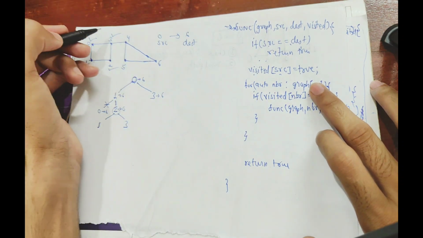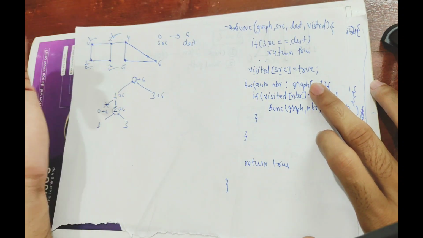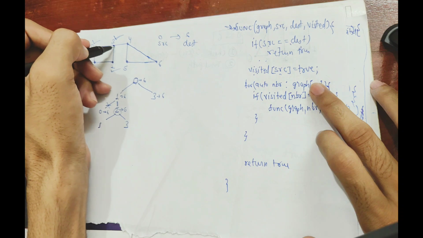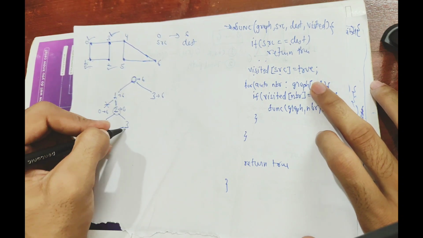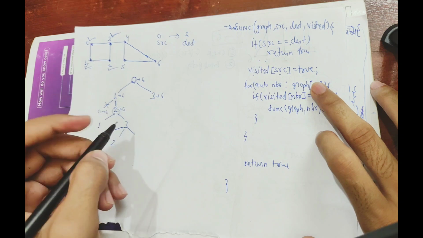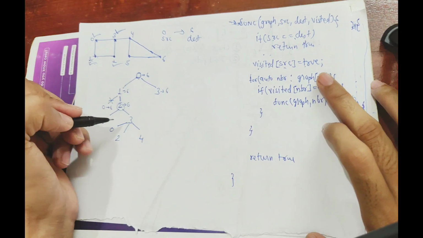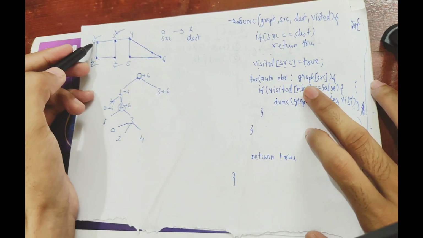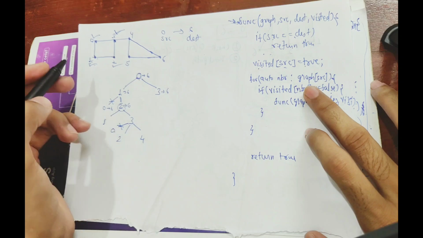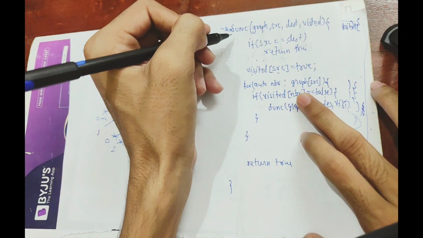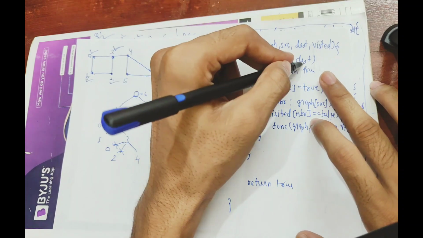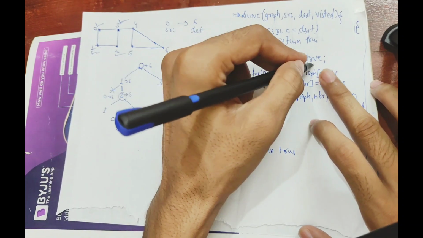So I will be marking with a tick so that we can understand that it is true, right? 3's neighbors are 0, 2 and 4. 0 is already marked true, so we will not go into this. 2 also. Now 4, yet we are at this point. 4 is not equal to 6, so we will mark 4 as true,